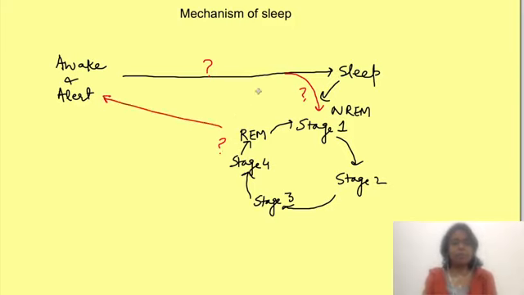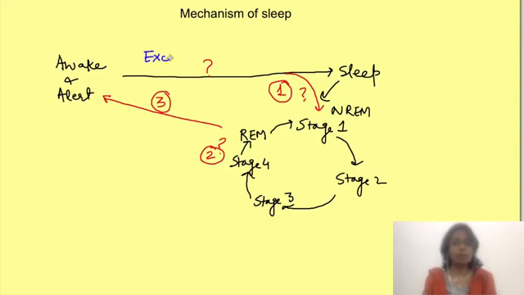So basically there are switches of arousal states happening. One here from awake to NREM, then one here from NREM to REM, and then from REM to awake state after a substantial duration of sleep is over. Now if there is any trouble in making the switch, we get sleep disorders.